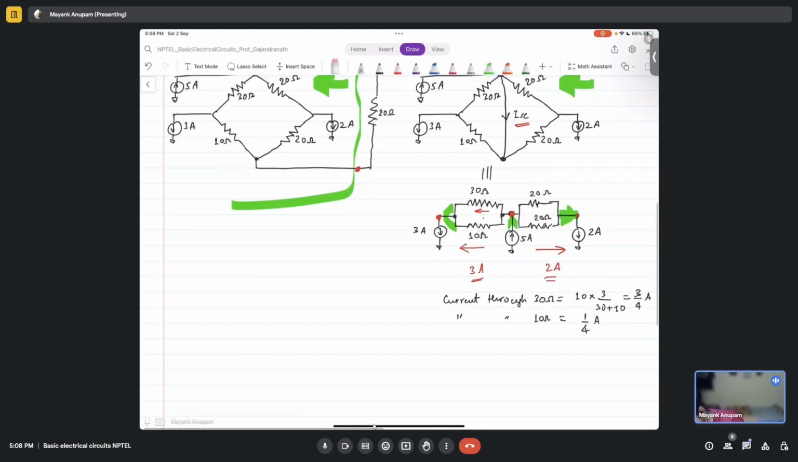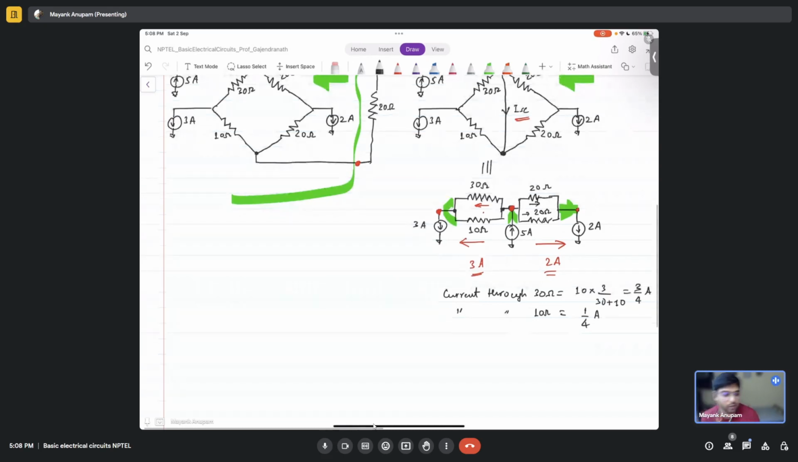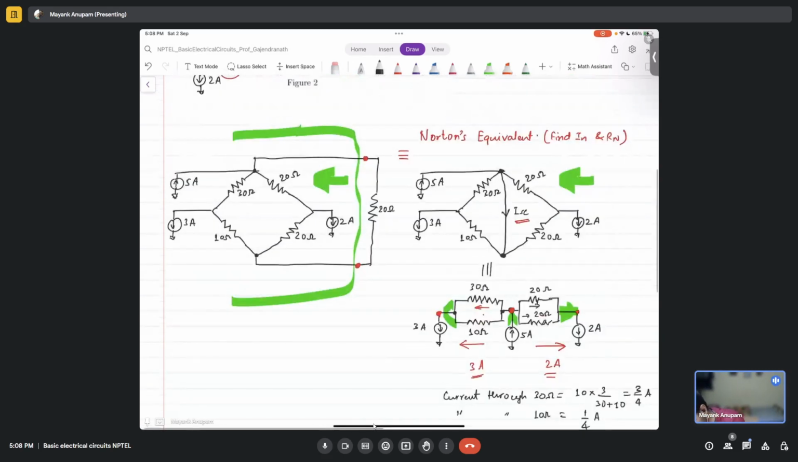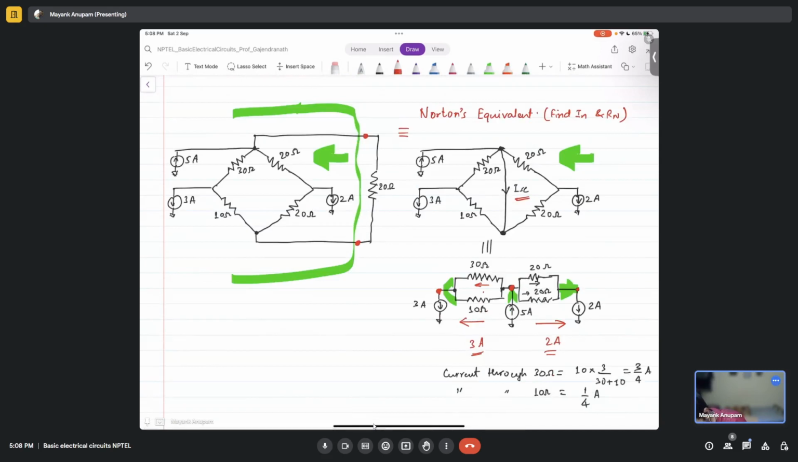Similarly, 20 and 20. You know that this current will split equally here, so it will be 1 ampere and 1 ampere, right? So now you know the currents going inside. What is the direction, by the way? It is in this direction. So this is 3 by 4 amperes, and